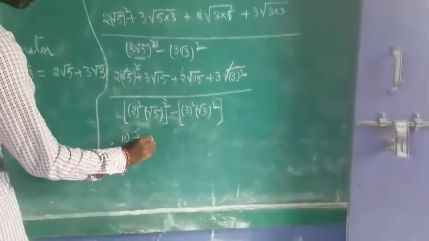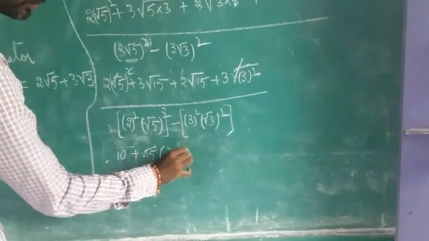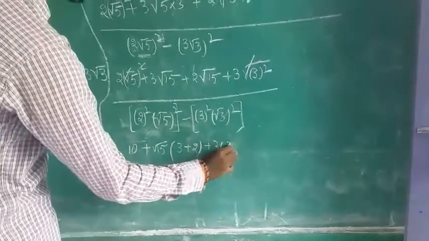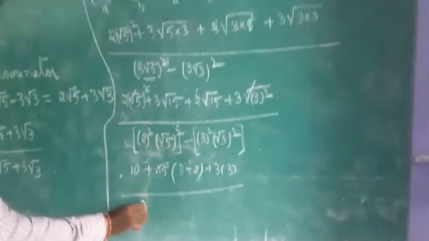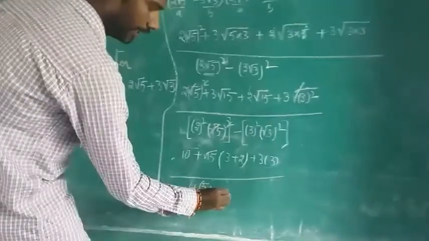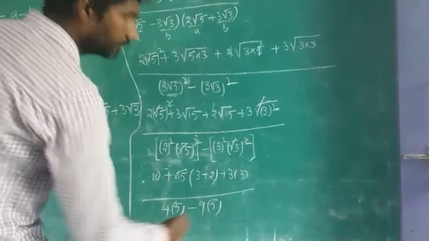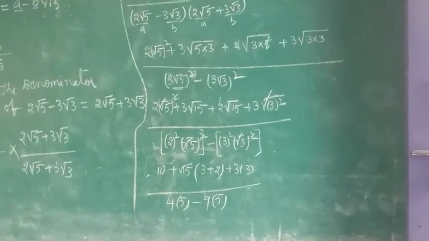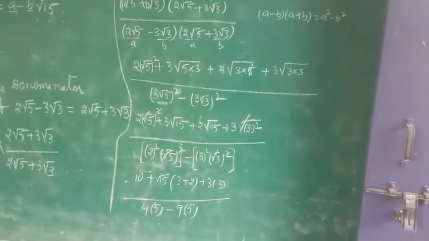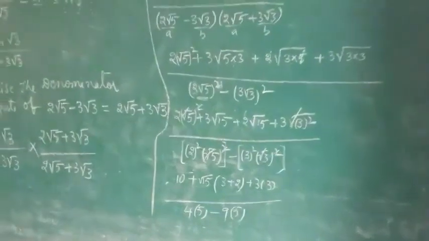So if you take root 15 common, what you will get? 3 plus 2. Then this value will be 3 into 3. Now 2 2s are 4. The square will get cancelled. 5 and minus 9 square will get cancelled. It is the 5. So try to focus on it. This problem is not finished yet. This problem is very important. It will come in examination always.